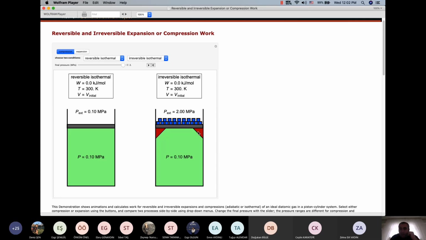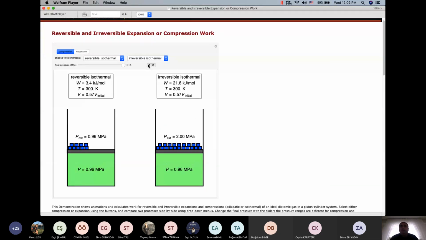Otherwise, the system will directly transition to the final case where the pressures inside and outside are the same. So when I remove the holdings and I start the simulation, the system